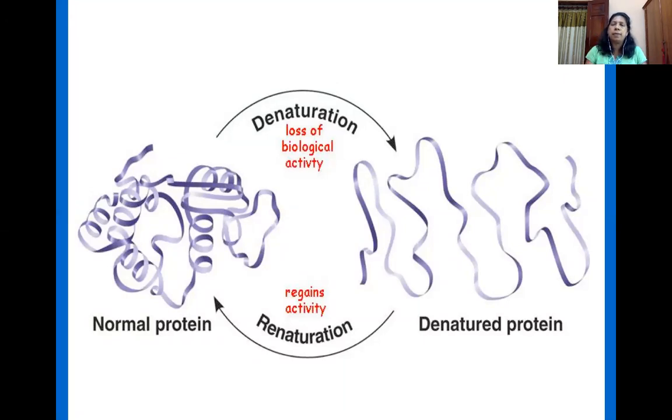Because the active sites are open, it can interact with other molecules. Some proteins can be renatured after denaturation, and some are completely denatured and unable to turn back. For example, we mentioned the boiled egg, boiled meat, or boiled legume proteins. These kinds of things we can't make it back.